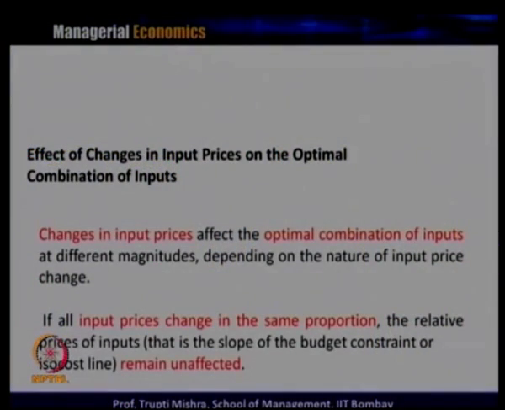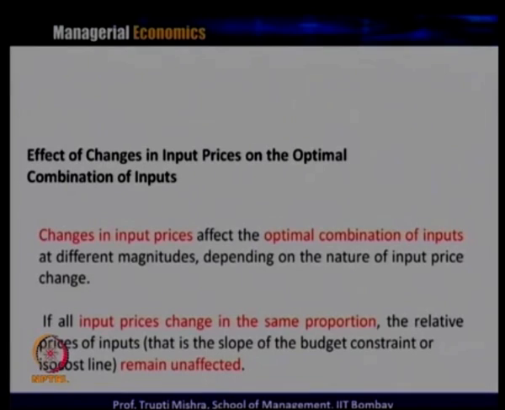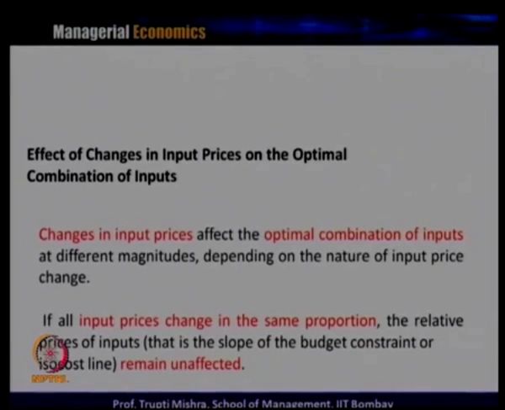Now, if you remember, in the last class we talked about the least cost input combination. The least cost input combination is one where the slope of the isocost is equal to the slope of the isoquant, and this is the point at which the producer or the firm maximizes the output given the constraint. So today we are going to spend some more time in detail on how the equilibrium conditions are derived, and how we can say that the slope of the isocost has to be equal to the slope of the isoquant.